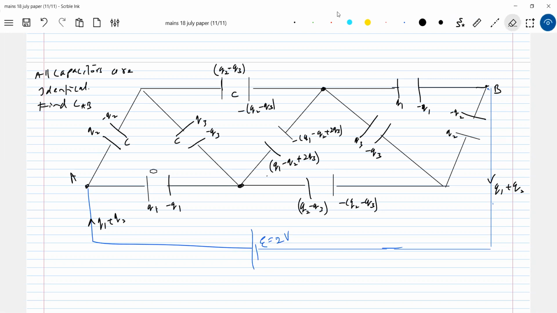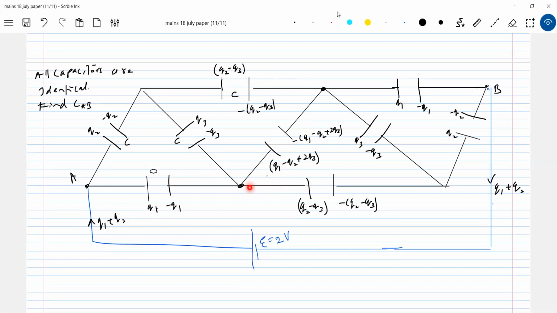So I'll start like this. So Q1 charge, Q2, I'll assume Q2. So Q2 minus Q3 will branch here. Then how much from here will come? Q2 minus Q3 here. Then here Q3, and let's come for this one. Here Q1 plus Q3 will come. Q1 plus Q3. So if I send Q2 minus Q3 here,